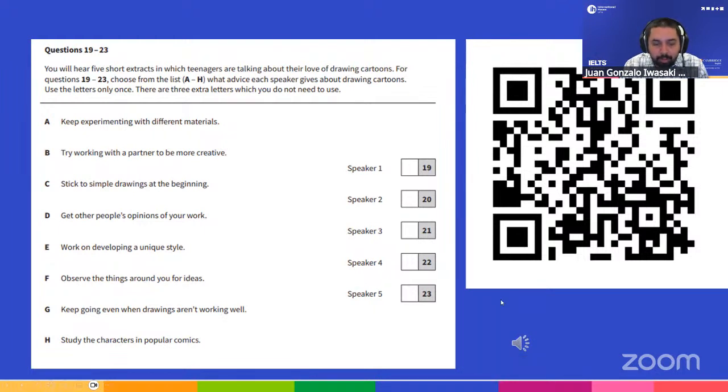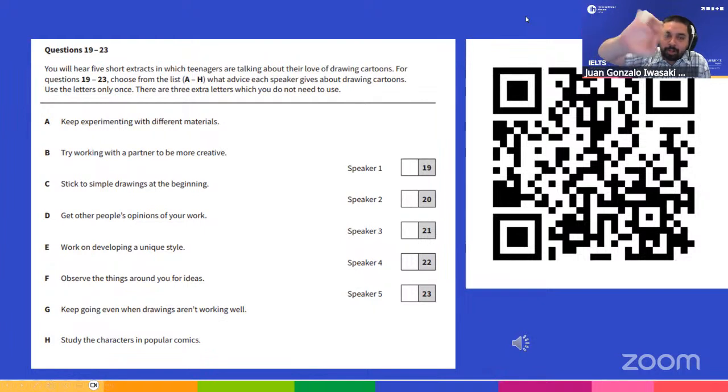All right. So at this point, what I would normally do is ask my students to compare with a partner. And here, depending on time, after comparing with a partner, and after I circulated and heard if they were on the right track or not, I would play a second time. Or, if I don't have the time or I think they're doing fairly well, I go to the board, and